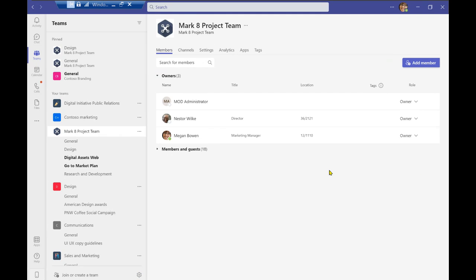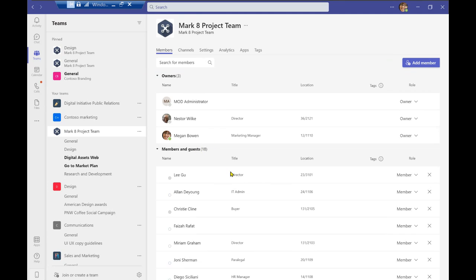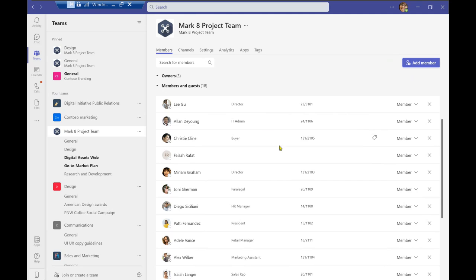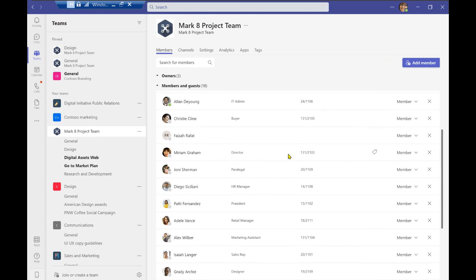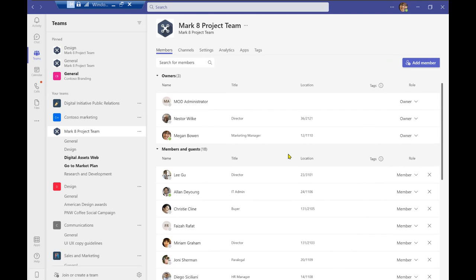And now you'll be drawn to a specific team that you are a part of, where you can find some more in-depth information about the team overall. So first off, we have our members tab where you can see the owners more in detail as to what capabilities and functions they have. Along with the owners, you'll see the members and guests. That will take a moment to appear right over here. You'll see that there's quite a few members and their functionalities are a little bit different. You can choose to add a member right over here through these functions, but we will also review that information when we create our own team as well.